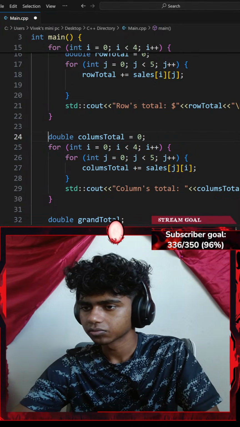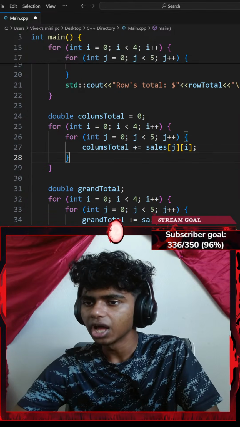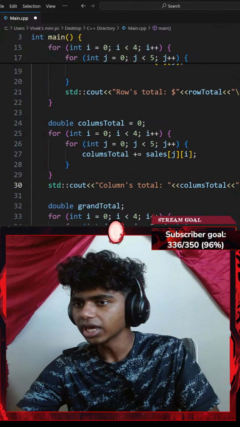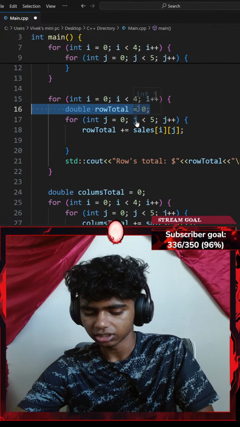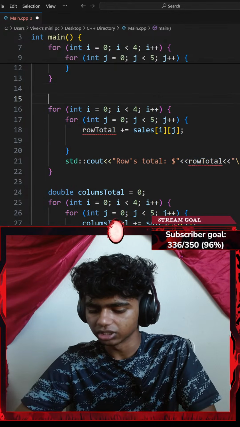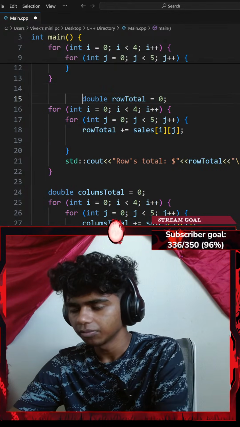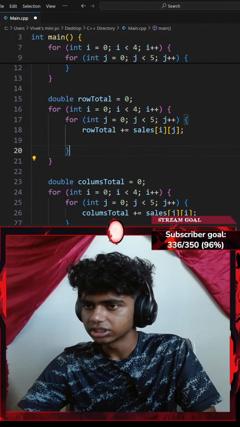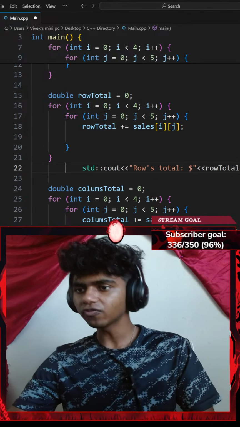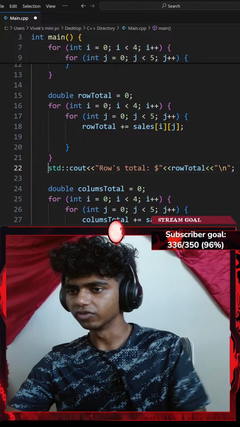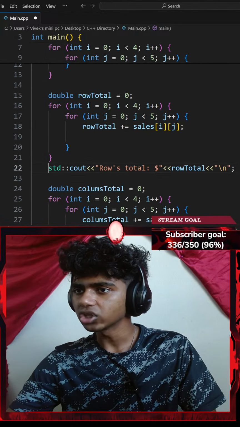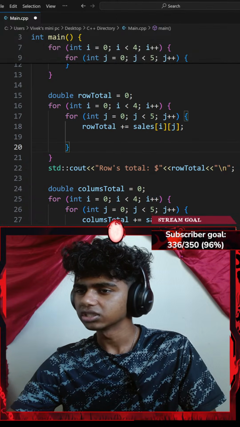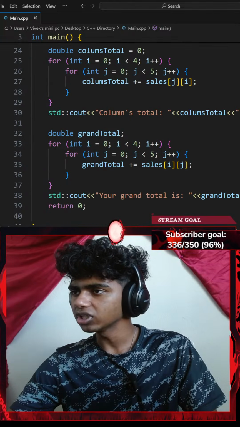There we go. And then add my standard console output outside my for loop right here. Okay, and let me do the same thing for my rows total as well. I'll paste that here, delete that, and then copy this standard console output and paste it outside of my for loop. There we go. Now if I were to hit Control S, okay, wait. In this case, it would not reset. Okay, I think it still would reset. Let's go with Control S to save the code. Now if I run the command,